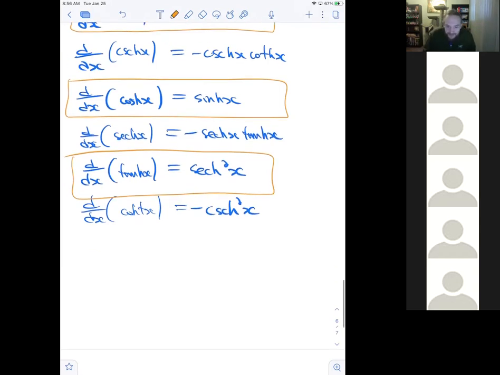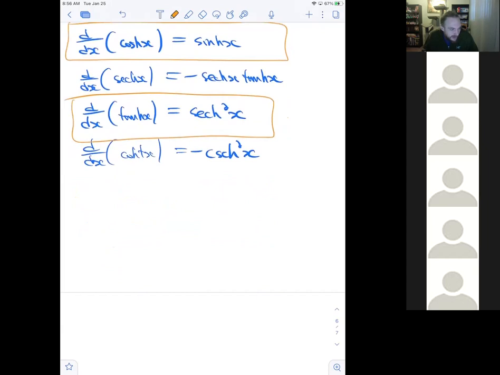Now I want the derivatives of the inverses. For the derivatives of the inverses, what we can do is